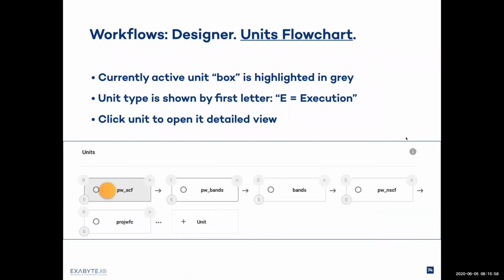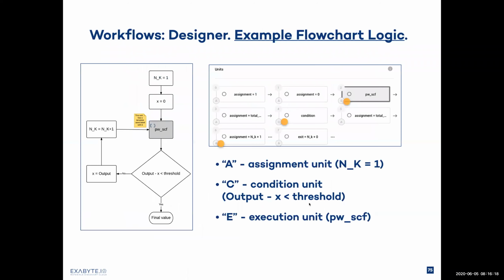this sub-workflow. And if we zoom in on this particular flowchart, we'll see that it shows the type of the unit. So E means execution in this case, execution unit as opposed to a conditional, for example. And if you click on one of them, we'll be able to open its detailed view. But before doing that, let's see what this